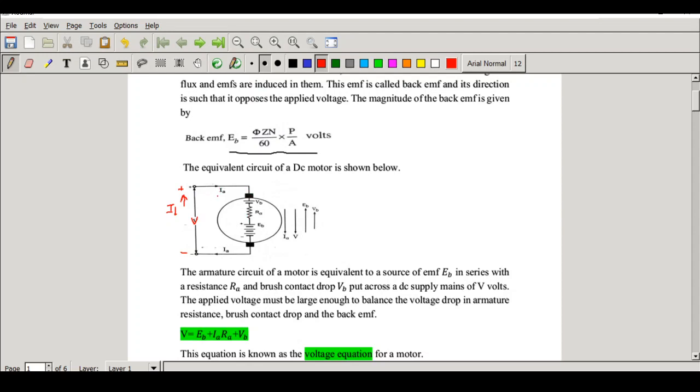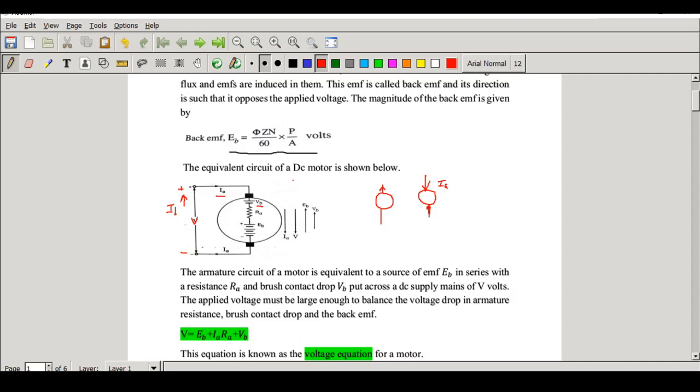Okay. Now this is the same current which is entering into the armature. So here I have taken it as IA, which means in the case of a DC generator, the current is leaving the armature, right? Whereas in the case of a DC motor, we can see that current is entering into the armature. That is the difference. Okay. Because in the case of a motor, we are giving the electric power, so the armature current is flowing into the armature.